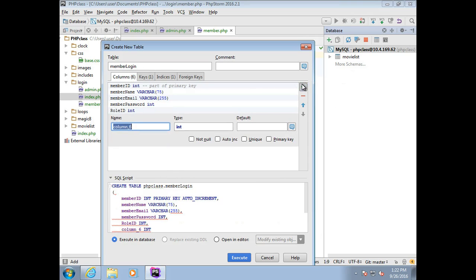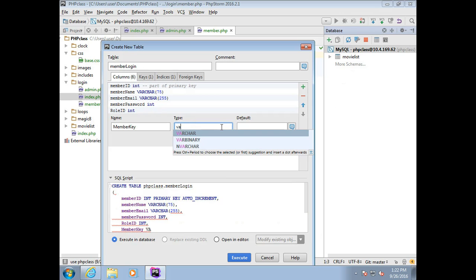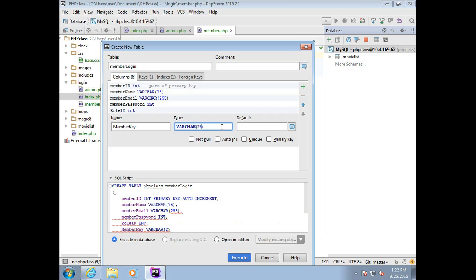And I'm going to do one more. I'm just going to create something called member key, MEMB. Okay, member key. And I'm going to do that as a string or a varchar, 255 is going to be my key. So what I like to do is create a member key if this is going to be something that's maybe using an API where each member would have access to remote procedure calls. It's going to be something we're going to be doing in a couple of weeks,